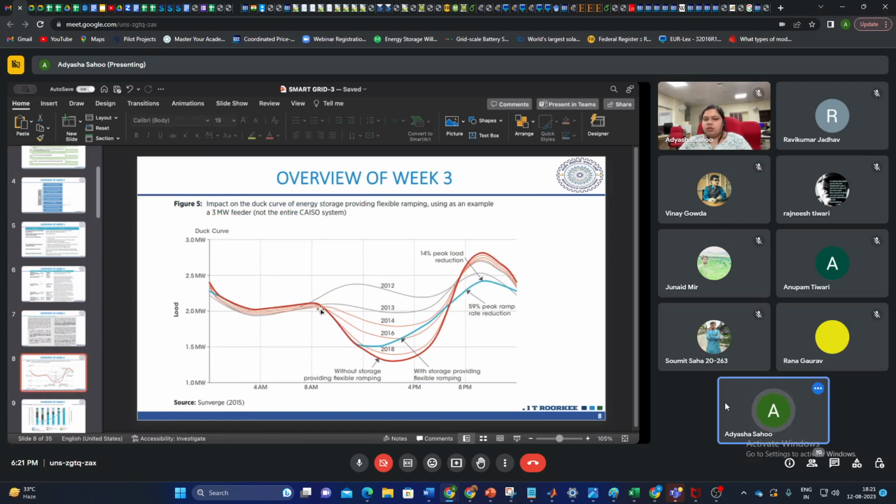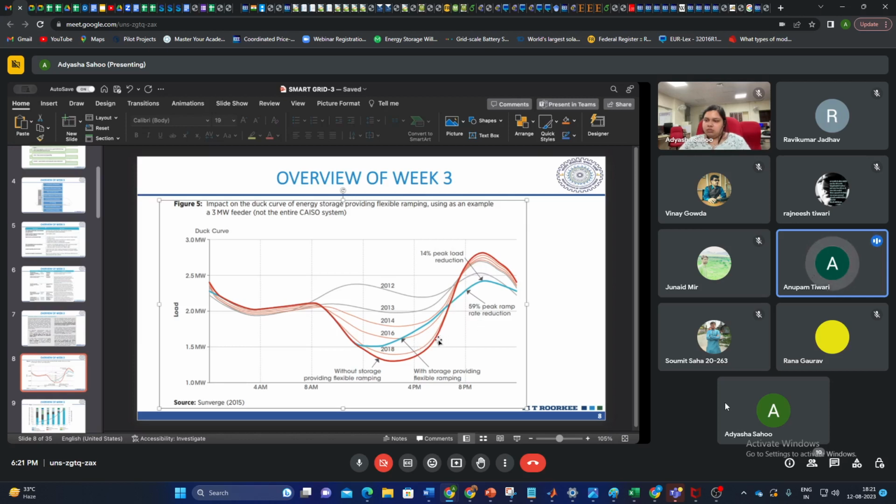Then basically this is the duck curve, you must be aware. So can anyone explain what this duck curve is, what it is trying to show you? It is a real time load curve, ma'am. Okay. So in this, we have to see when the normal load is more, or where the peak is more, and where the demand is less. Where the demand is less, we have to store it, and where the demand is more, we have to feed it from the storage.